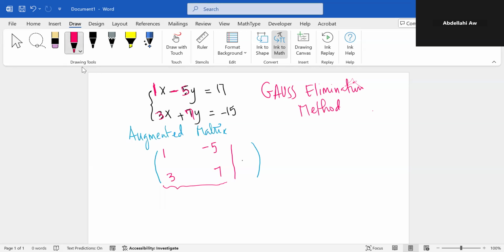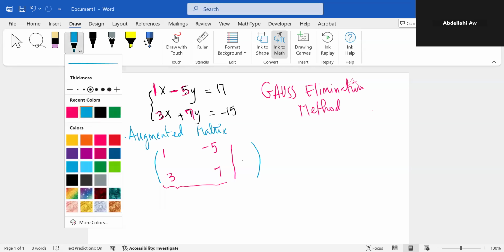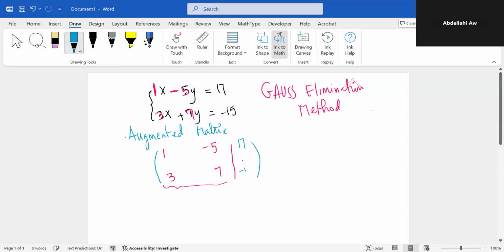And on the right side, we put our second term, 17, -15. So each row reads as an equation: 1x minus 5y equals 17, and 3x plus 7y equals -15. This is how we do the